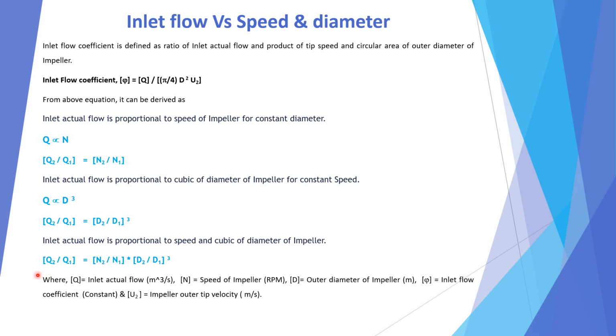So we can write Q2 by Q1 is equal to N2 by N1 into D2 by D1 to the power 3, where Q is inlet flow, volumetric flow, meter cube per second, N is the speed of impeller in rpm, D is the outer diameter of impeller in meter, phi is inlet flow coefficient constant, U2 is impeller outer outlet tip velocity in